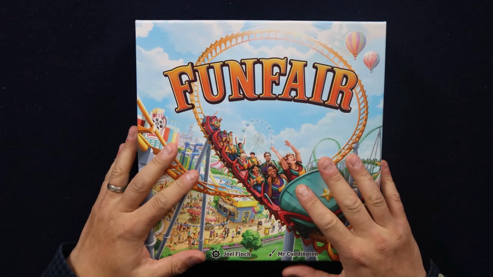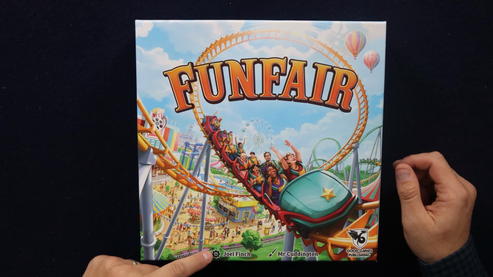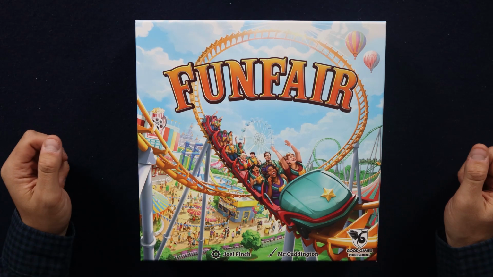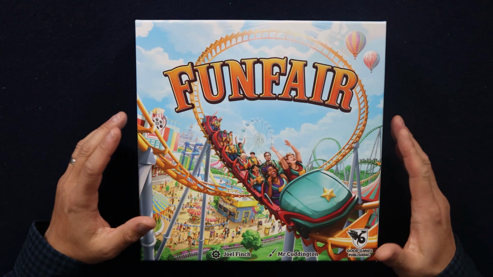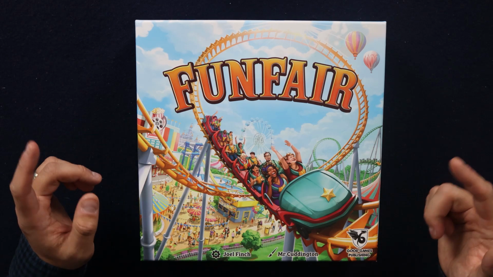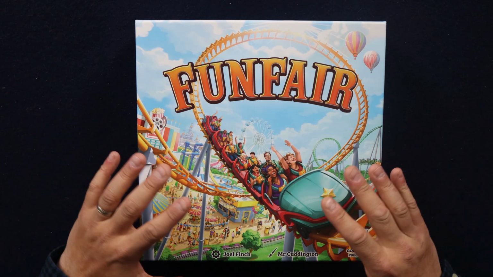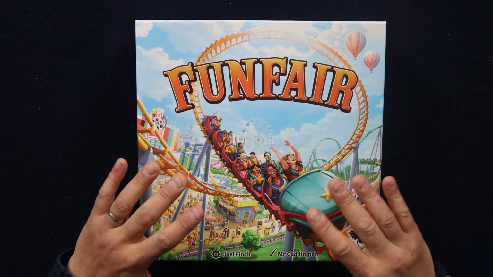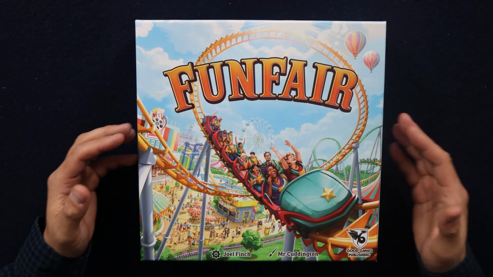All right, so here we have Funfair by Good Games Publishing, as I mentioned, designed by Joel Finch and art by Mr. Cuddington. Now, if you're not familiar with Good Games Publishing, they actually did a game a few years back in 2017 called Unfair. This is the exact same theme, the exact same premise, some of the same mechanics, but with Unfair, there was